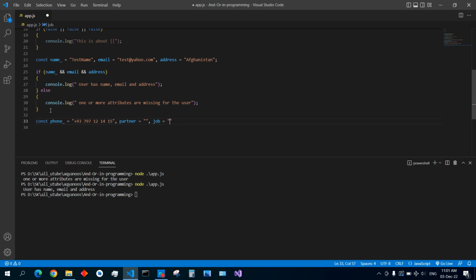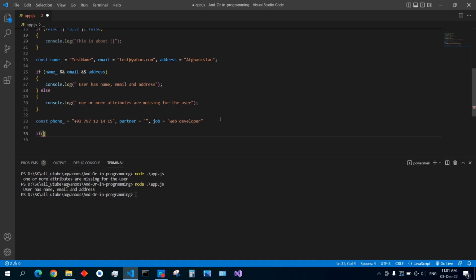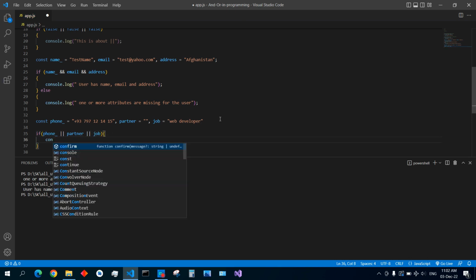We gave the job web developer, for example, and we use this: if the user has phone or partner or job. If one of these is true, we console log